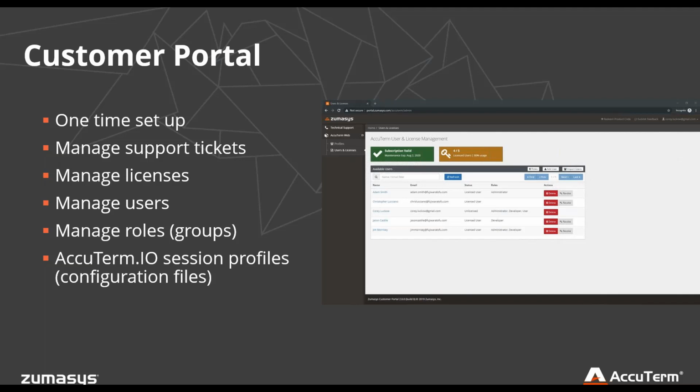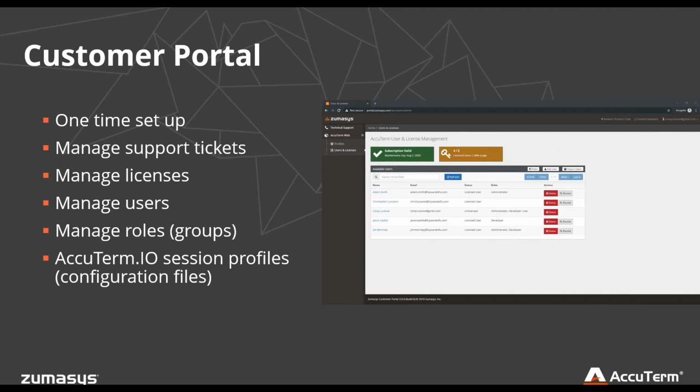You are able to manage the users, the licenses, and something we call roles, which I'll explain in just a second. You can create and monitor support tickets. You can set up your AccuTerm profiles that users will see. It's a self-service site, and basically it's a one-time setup, which, depending on how complex your organization is, will take maybe 15 minutes to set up an account.